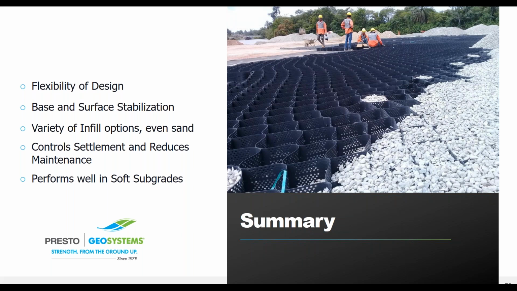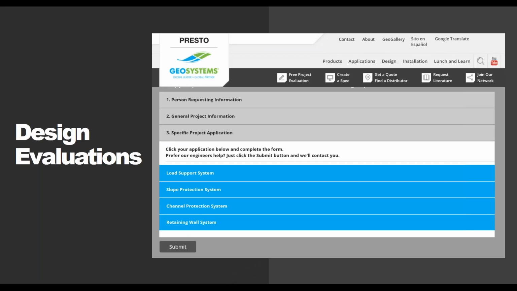The ability to use low-quality aggregates and sand can save a significant amount of money and hauling costs and material costs. And the ability to reduce the stress on your subgrade can potentially reduce the final thickness of your pavement. So we offer a complete system solution for roadways, parking lots, intermodal yards, and any other load-bearing applications. And we're going to help you with those based on your project-specific details and conditions.